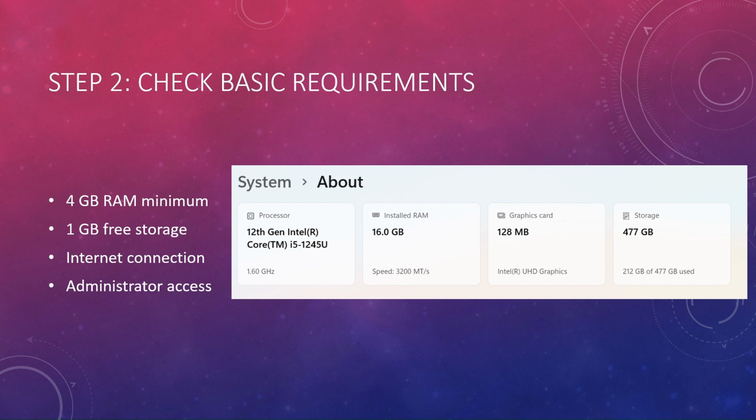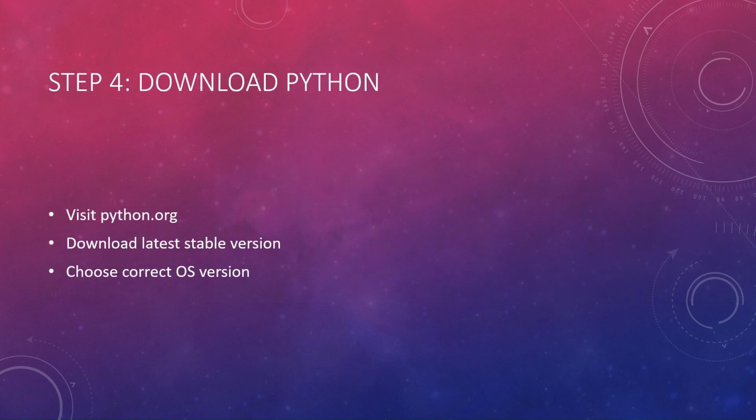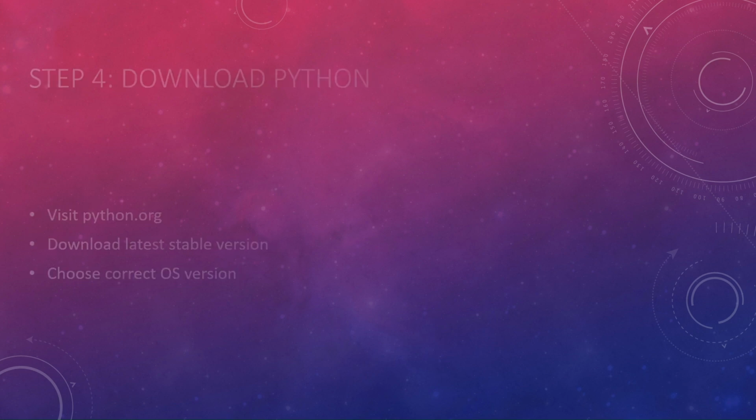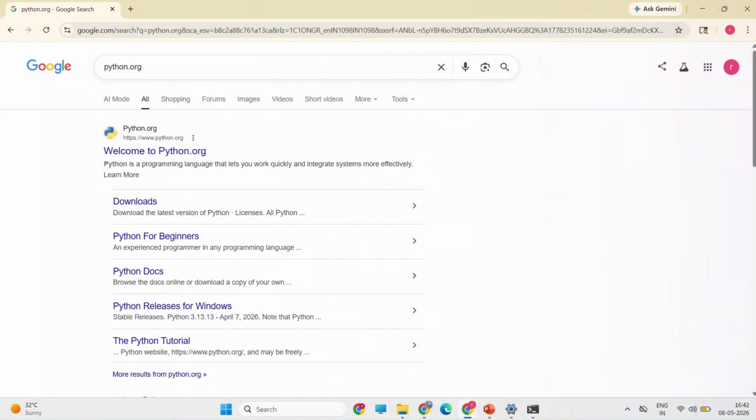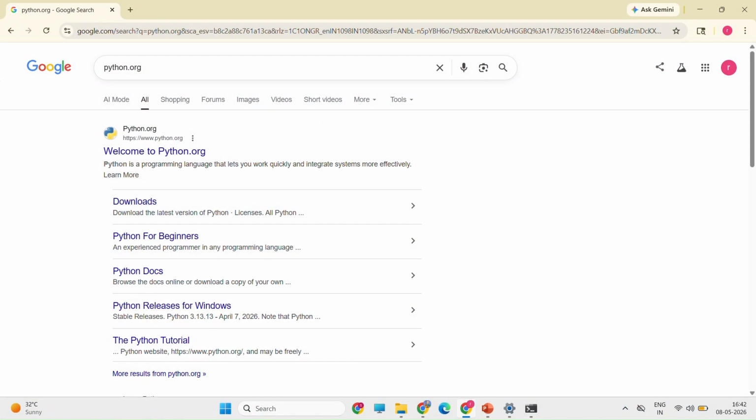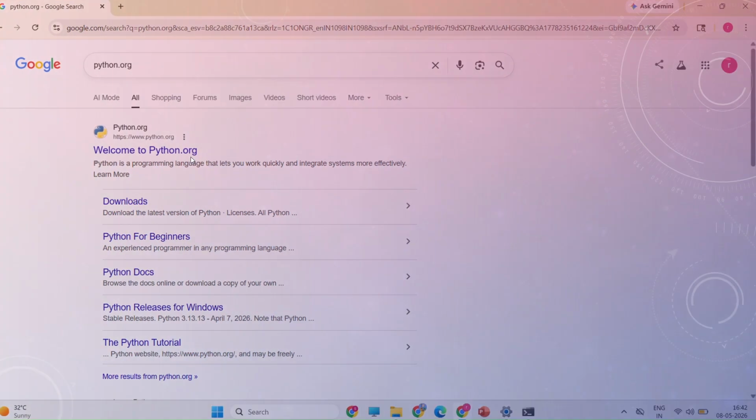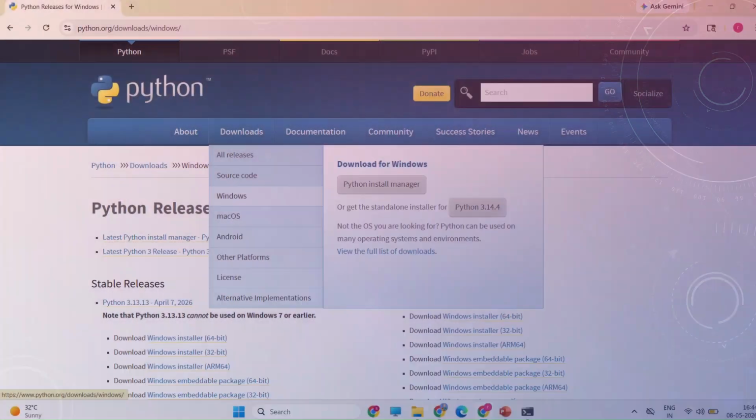Okay. So now we move on to, we need to first download Python. So what we'll do is we'll visit python.org. So this is our website, python.org. Once you click on welcome to python.org, you will be taken to this screen.